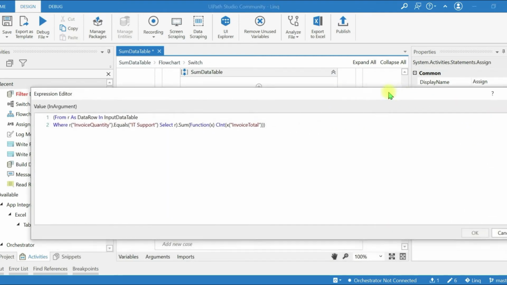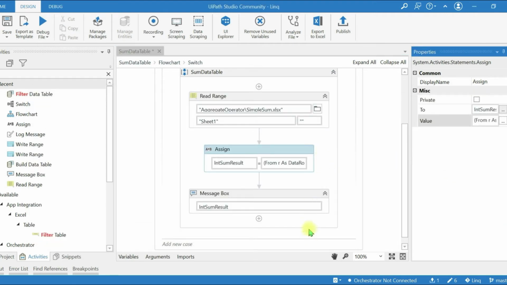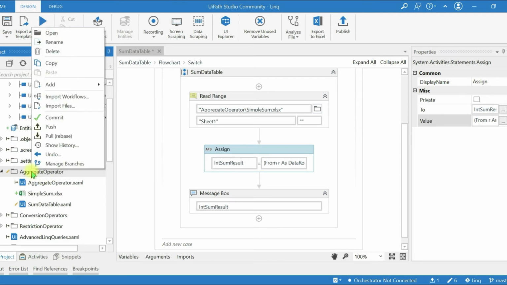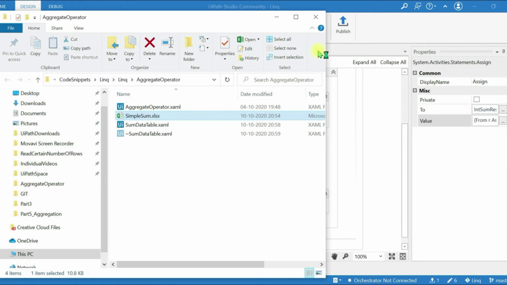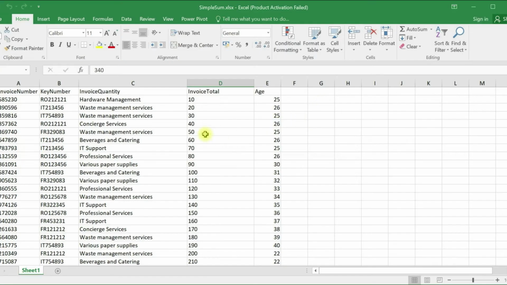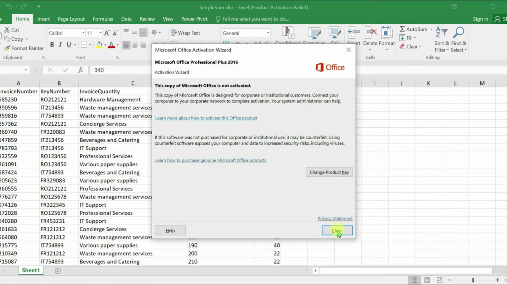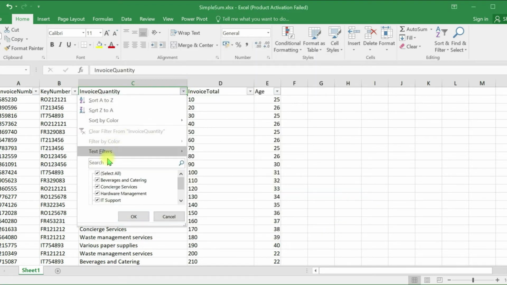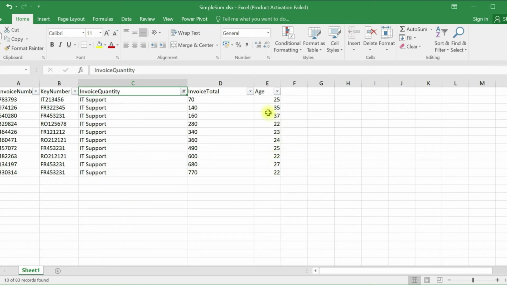Now we will see another filter method. What I am going to do is add one more condition. So I want to filter the data based on the invoice quantity IT support, and age must be greater than 34.